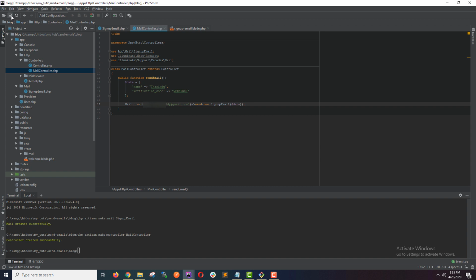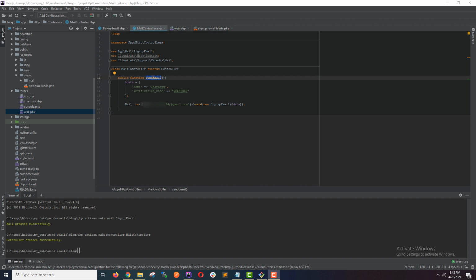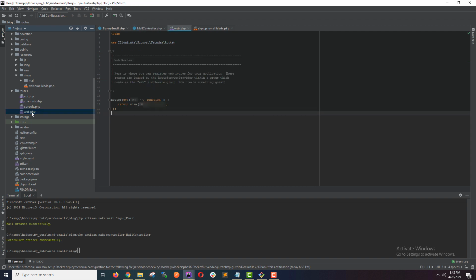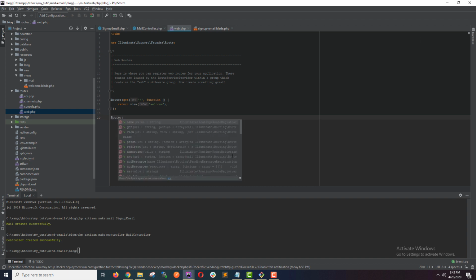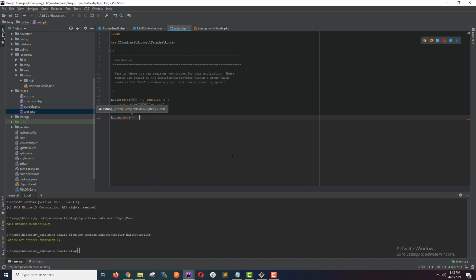Right, this is almost complete. Now what we need to do is call this method manually. This is just a basic project and it doesn't have any functionality yet, so I'm going to call this method using a route. I'm going to open up my routes folder and open web.php. In that file I'm going to define a new route. It will be a get route, and the URL is like test email,